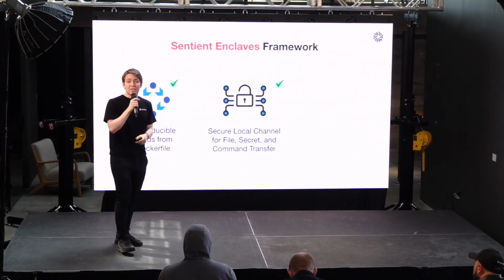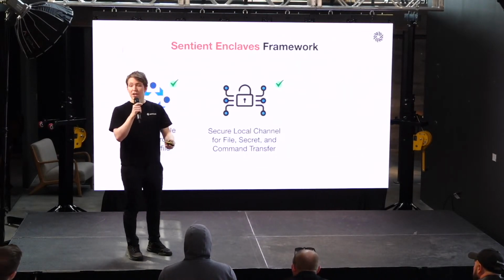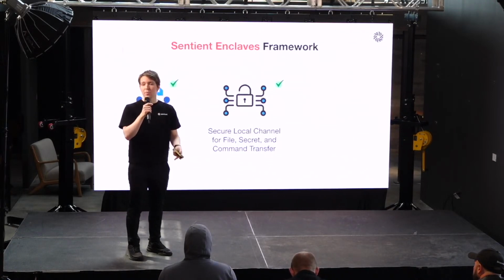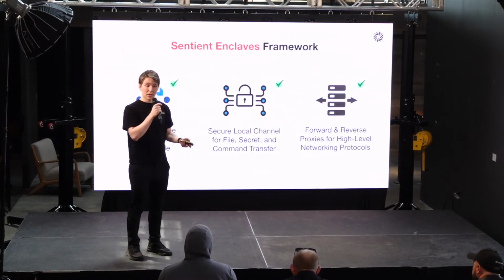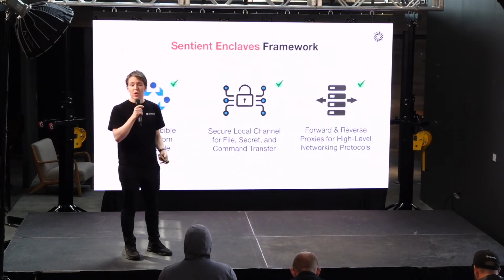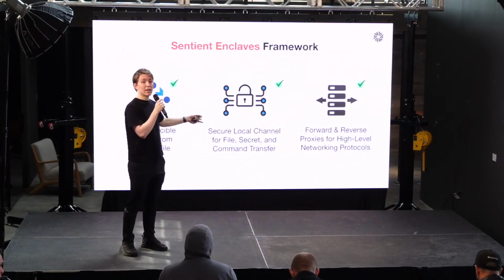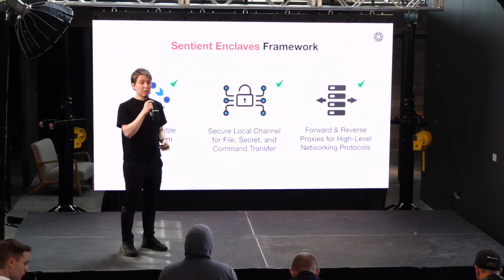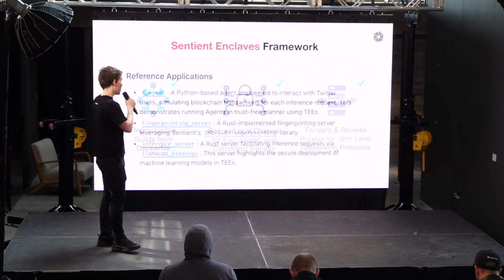The second thing is we developed a secure local channel implementation with all the buffer level encryption guarantees and all the fun stuff such that you're able to actually control the environment of the enclave without compromising the enclave's integrity. And finally, for hosting all of your AI agents and any other services you want to provide securely that may or may not be AI related, we have developed a networking stack that includes all of the forward transparent and reverse transparent proxies, all of the port forwarding rules, and everything in between to make sure that we support all of the high-level protocols that enable your applications to communicate as if not inside an enclave while still being secure.